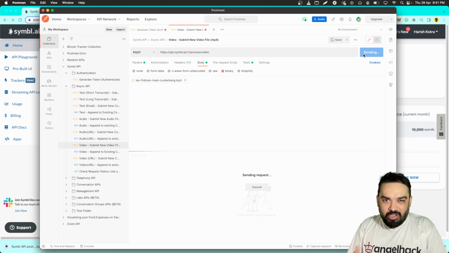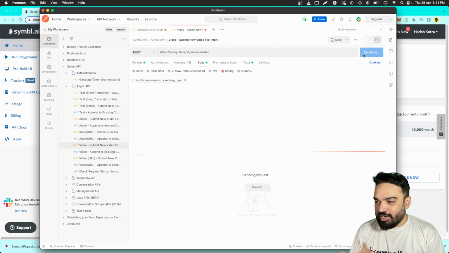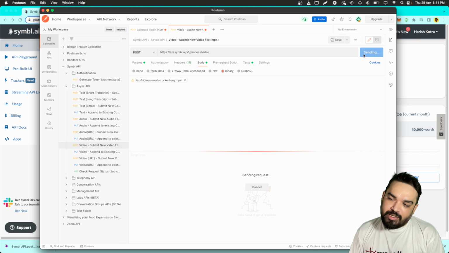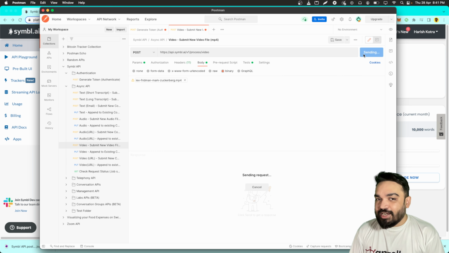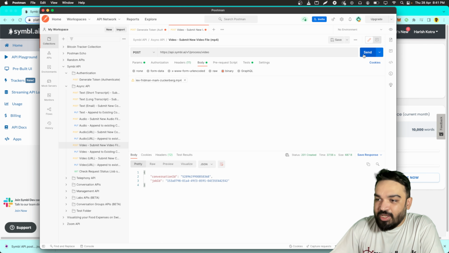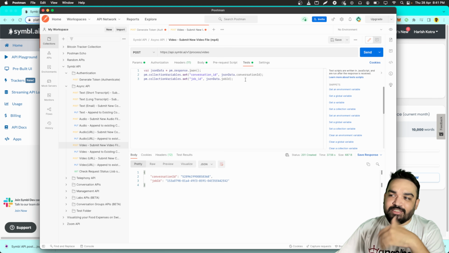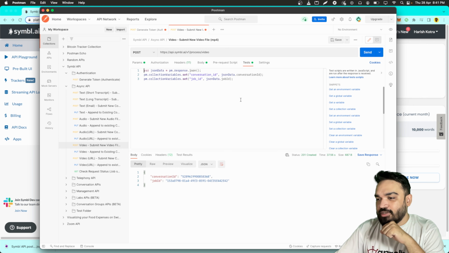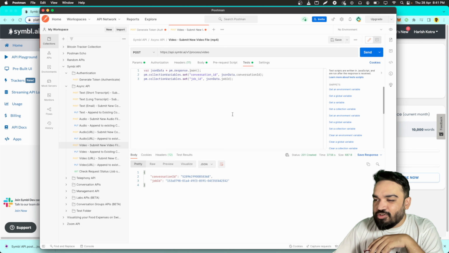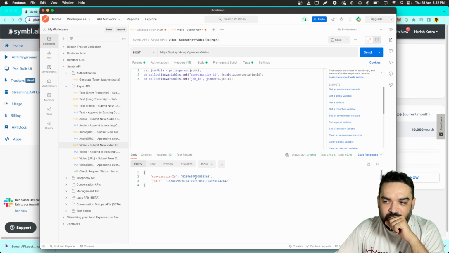After you upload it, depending on the size and your internet speed, it will definitely take a little time if it is a long interview, and you will get a response where you will get a job ID, and from there we will proceed. Right, we'll just wait for the API to give us the response. Pick a smaller interview if you think you don't have enough time to test it out, or if you want results quickly, right? So you get the conversation ID and the job ID, and if you go to tests, you can see that these are already being picked and stored. The collection does all of this for us,